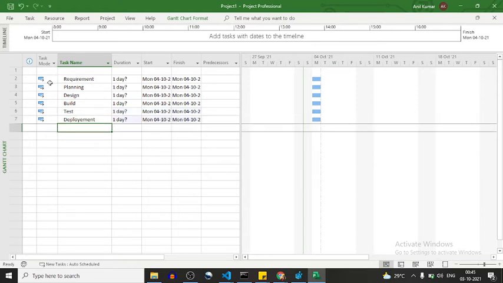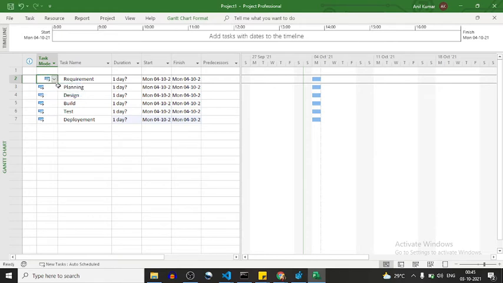Okay, so this template I want to create.